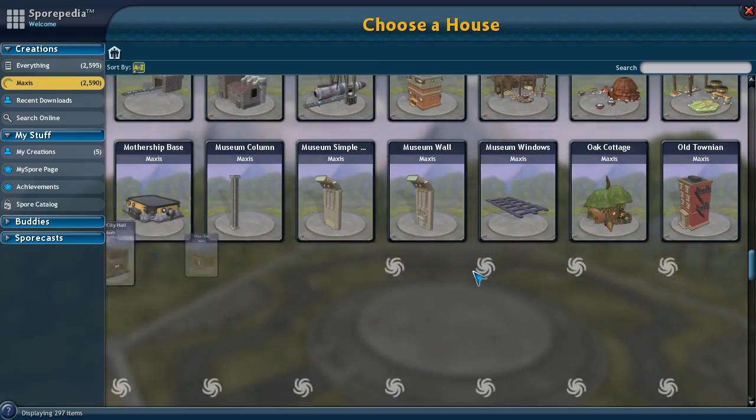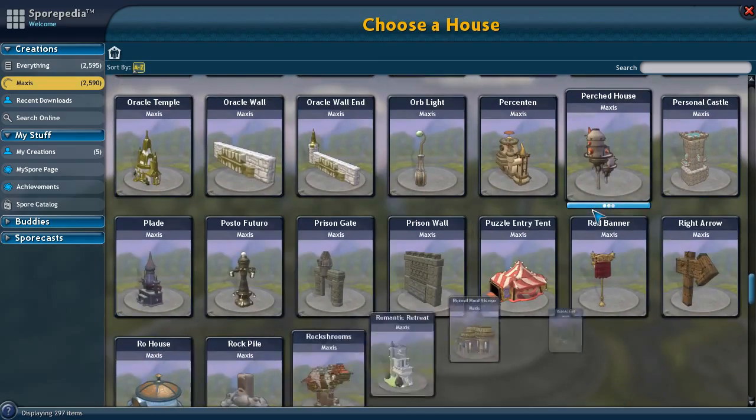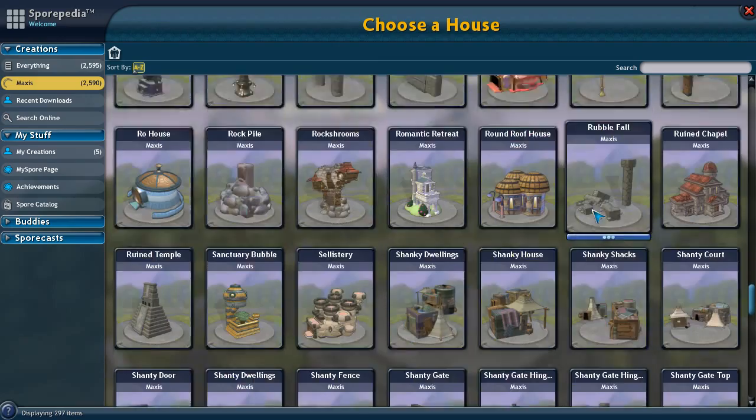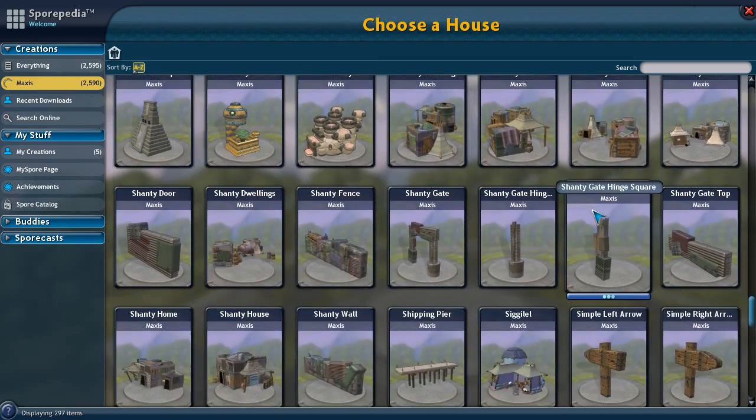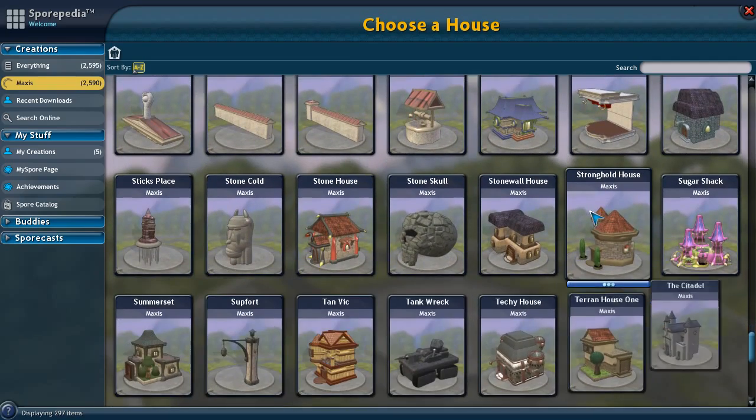Oh, but these little clan lodges are adorable. Oh, little oak cottage! I'm gonna probably pick that oak cottage. Not that it's gonna surprise anybody. Just wait until we can manage to get our account working, because it's being fussy since I bought the game through Steam. And once we do, we'll have...